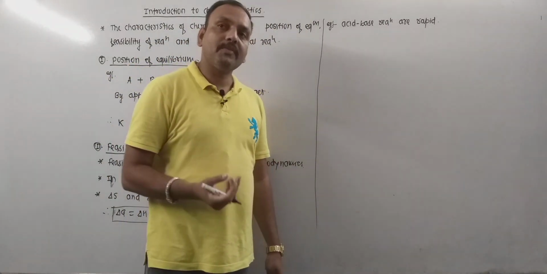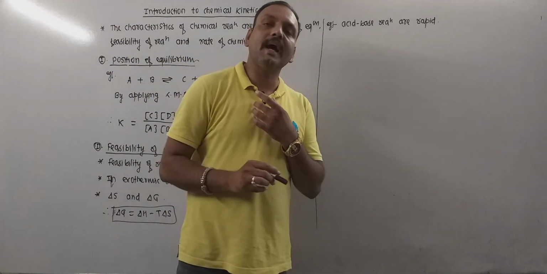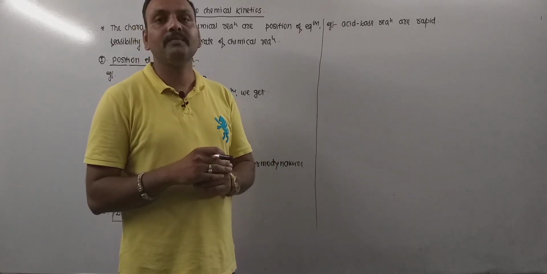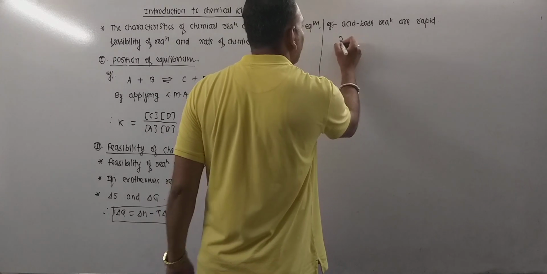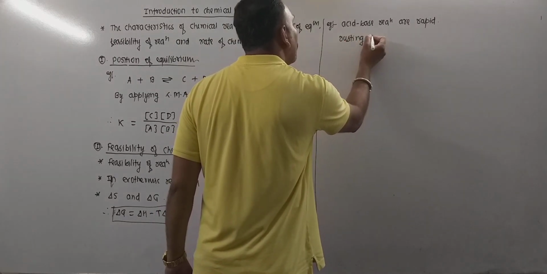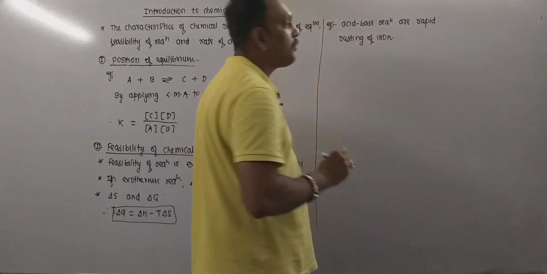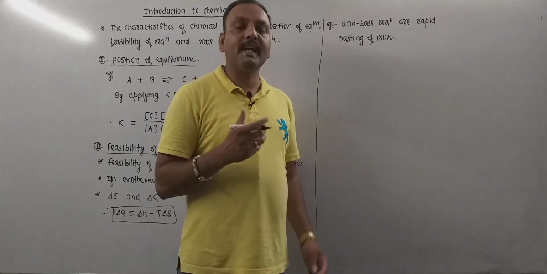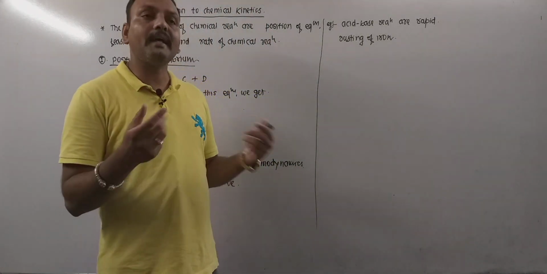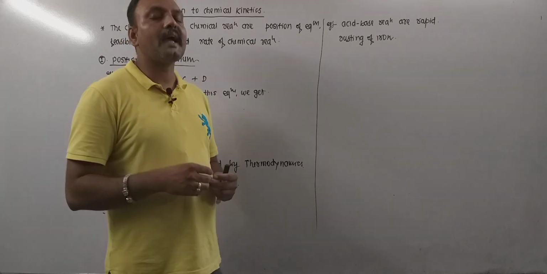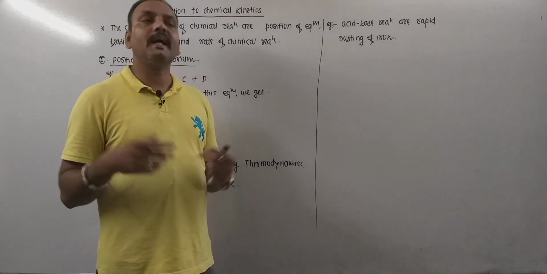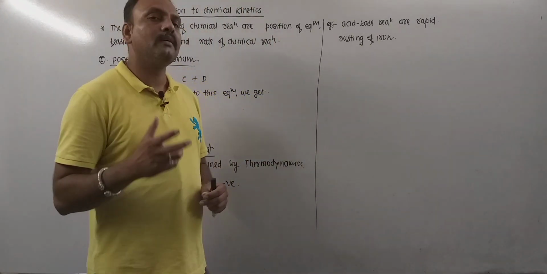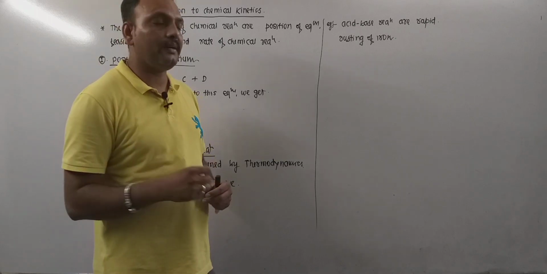But a number of chemical reactions are spontaneous but take place with a slower rate. For example, rusting of iron. Rusting of iron is spontaneous, I mean it takes place on its own, but for measurable change it takes months together. Another example is the reaction of diamond with oxygen. That reaction is also feasible, I mean spontaneous, but the rate is not observable.